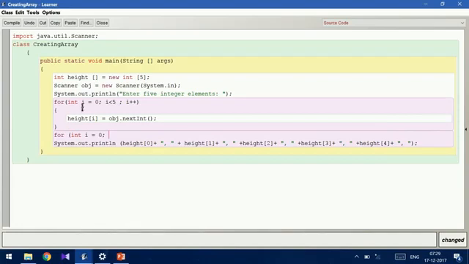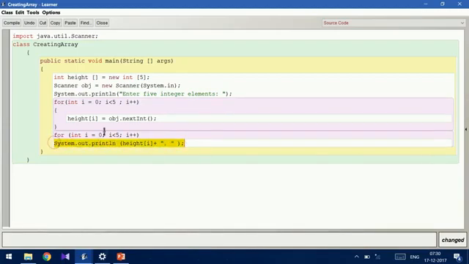Again we can give i, because the scope of this i gets over when this for is closed. i is lesser than 5, i plus plus. I will just print only this much, and then here I say i. If this is a single statement, we don't even need to open and close the bracket.